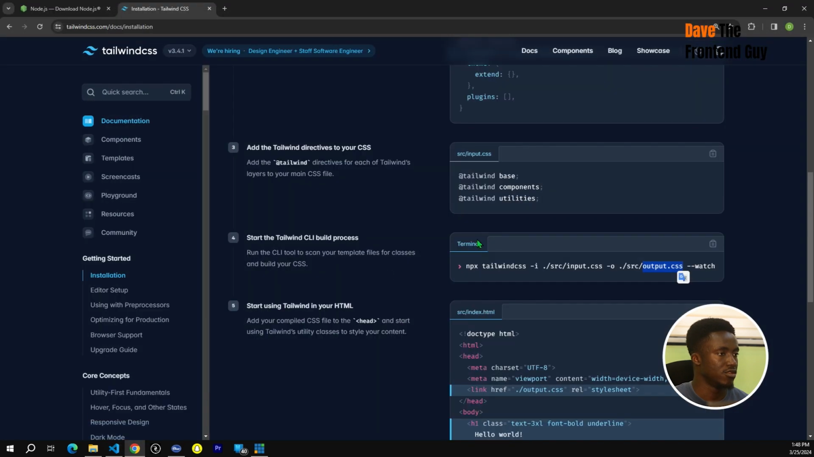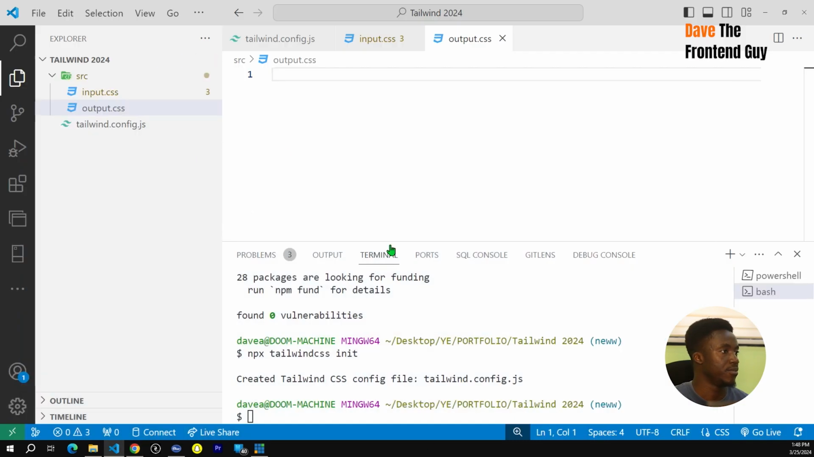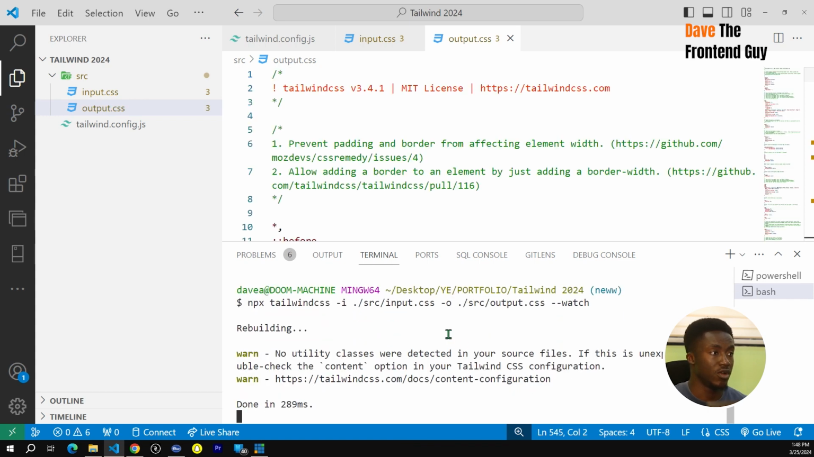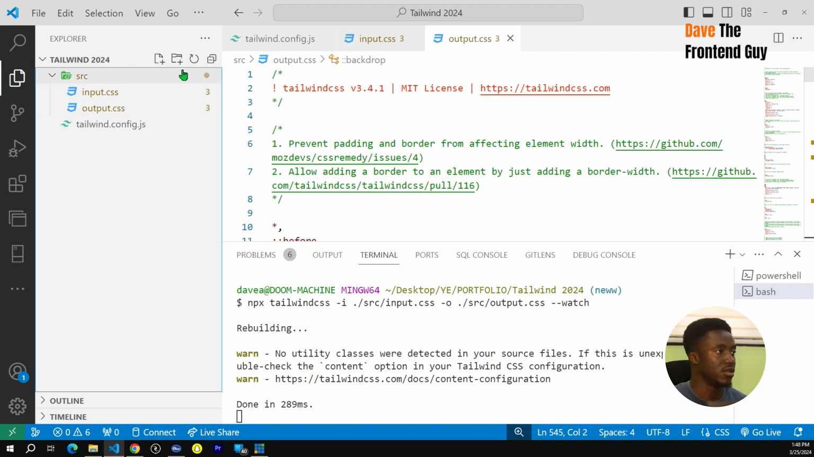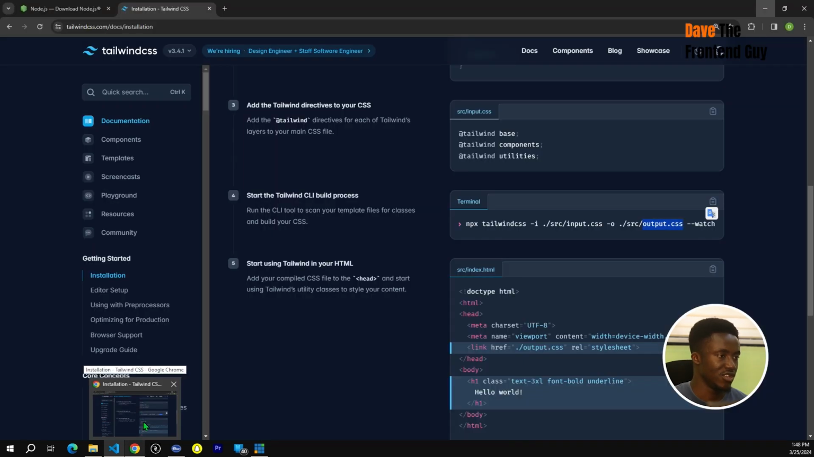So to get Tailwind running, all we have to do is copy this line, and paste it in our terminal and press enter. So anytime you need Tailwind to run, you're going to copy this command line and you'll be good to go. Finally, we need our index.html page because